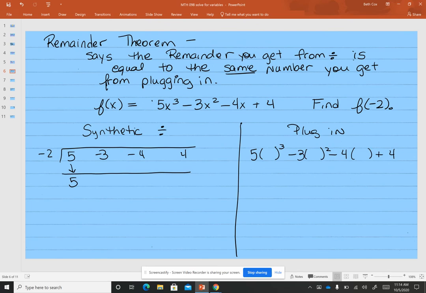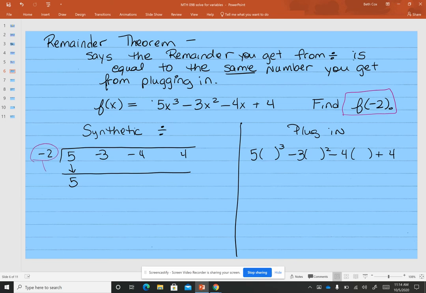Okay, so now this one, we're going to use synthetic division, but remember what I said, that last number is our remainder. Okay, and so this is the remainder theorem. It says that the remainder you get from dividing is equal to the same number you get from plugging in. Find f of -2. Okay, so I'm going to do synthetic division with -2